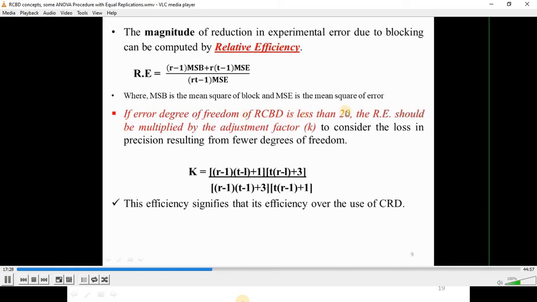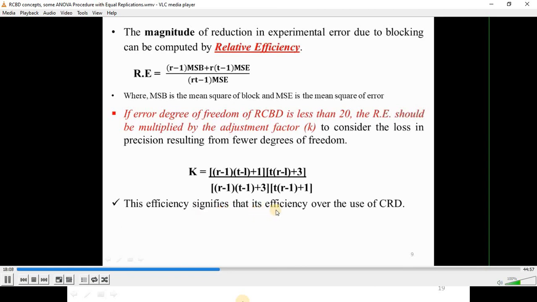And if the degree of freedom for RCBD in our experiment is less than 20, the relative efficiency of the design should be multiplied by the adjustment factor K to consider the loss in precision resulting from fewer degrees of freedom. So the K, or the adjustment factor, is calculated as this one. Here is the formula of the adjustment factor, and this signifies the efficiency over the